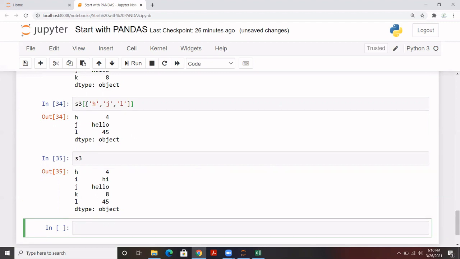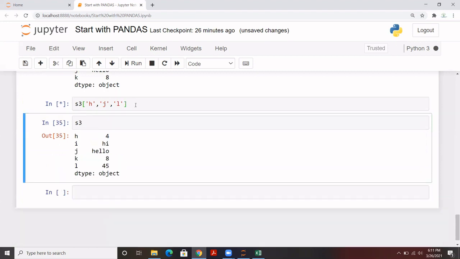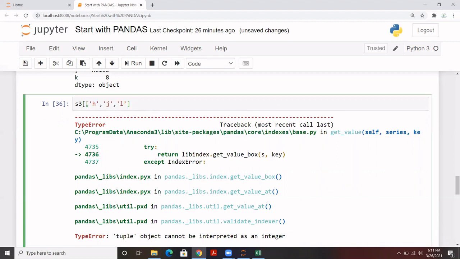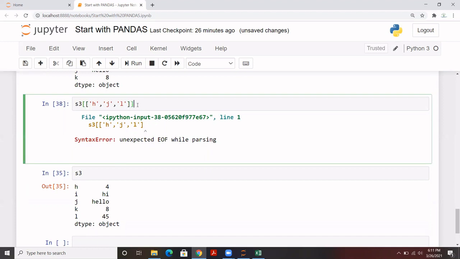And if you are not using those extra list brackets, basically when we have more than one record and we are not using a range, then we have to pass those records within a list. You see that here it will throw an error. You cannot pass this without list brackets, you have to pass it within a list. So here it is, let me write it with square brackets.